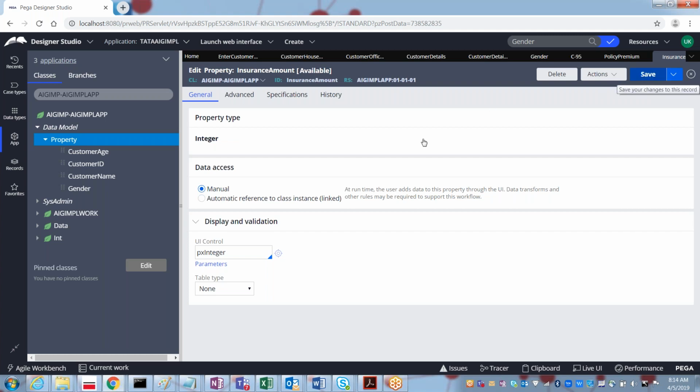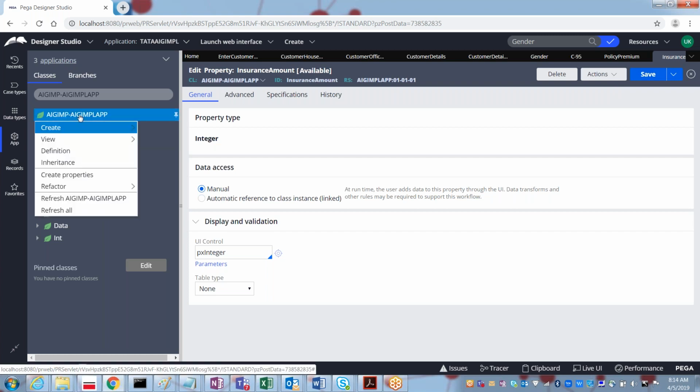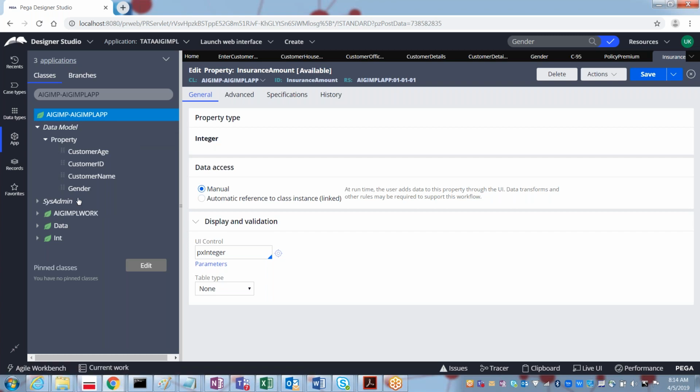Okay, so right now we have all the properties, which I created in this particular parent class. Now just refresh this class so that you will be able to see all the properties we created just now.